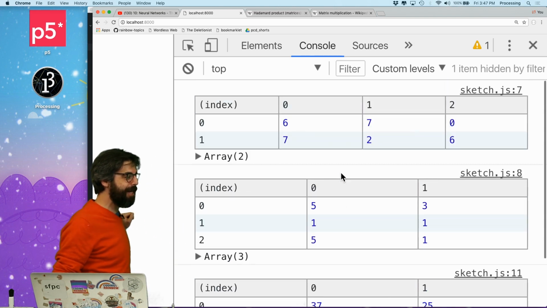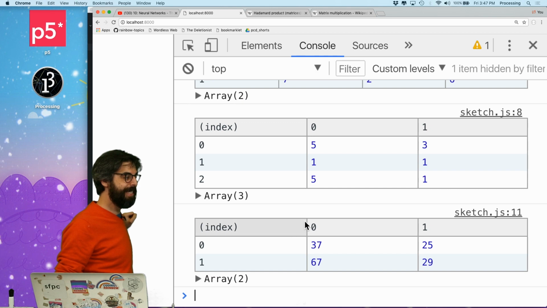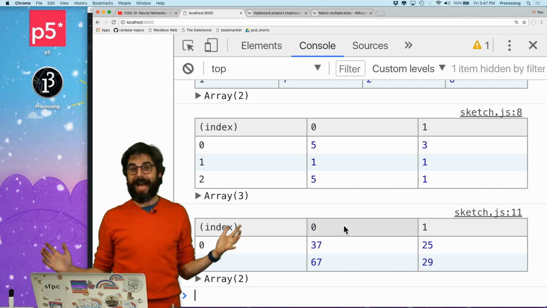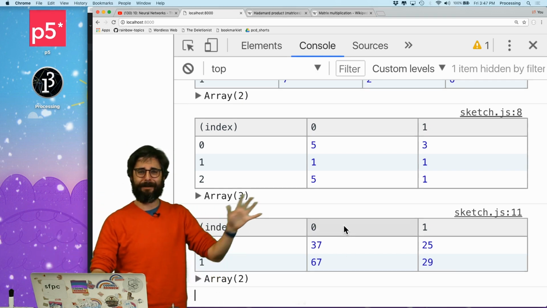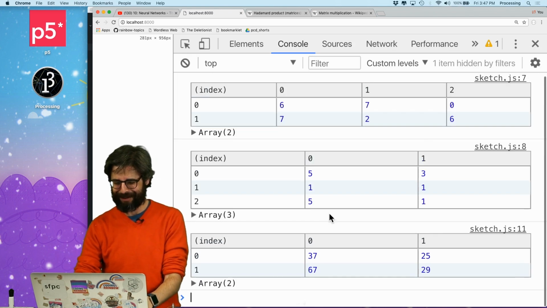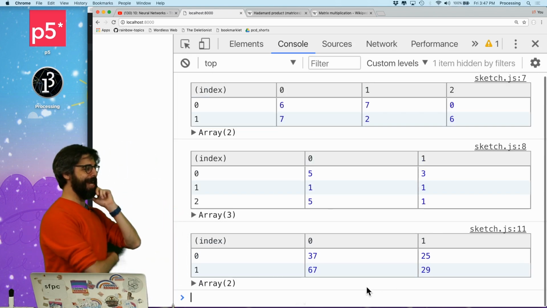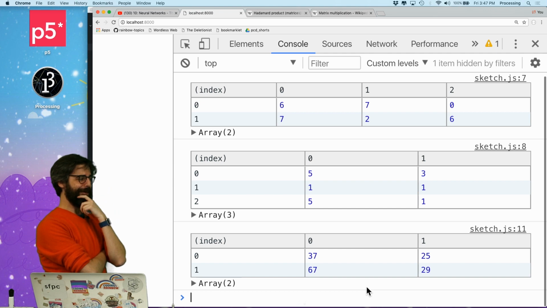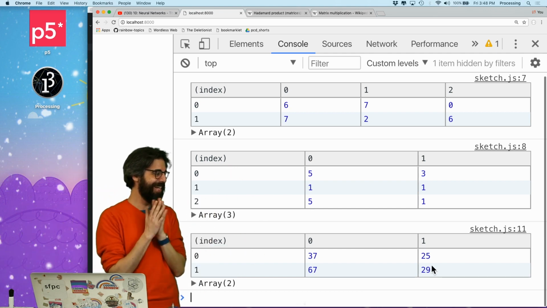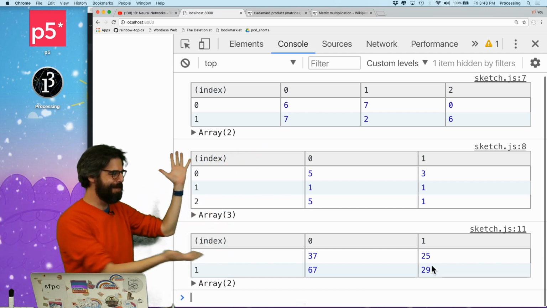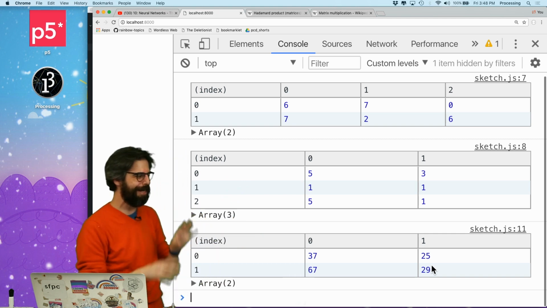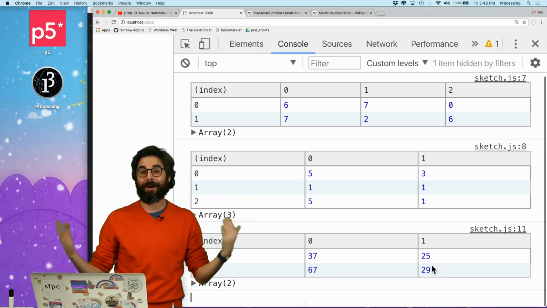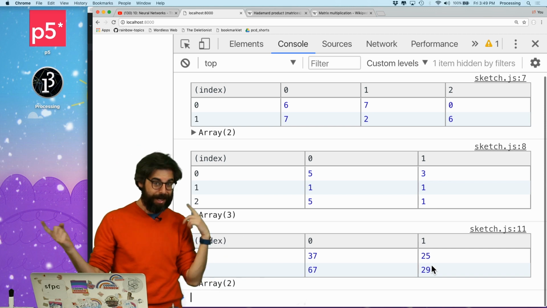Okay, so we finally got three things. If this is A and this is B, this is A dot B. Anybody want to fact check for me? Somebody in the chat. I'm going to wait now. This will get edited out. Thank you, thank you. These numbers are in fact correct. I took a little break there and checked them. They are right. I encourage you to pause the video and check them yourself to see if you understand how